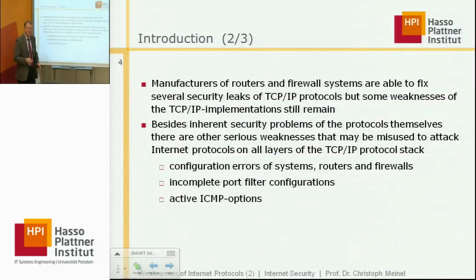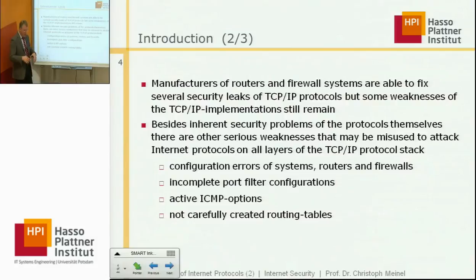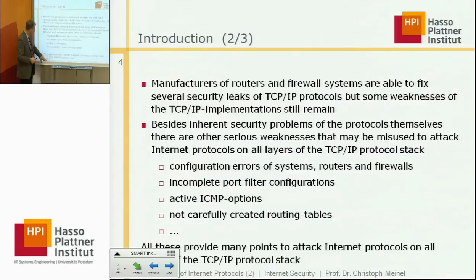Then there are active ICMP options. We discussed in the last lecture that this Internet Control Message Protocol provides some features to interact with the internet and to create some problems, for example, to drop down transmission speed. Then there are routing tables, influencing routing tables, and not carefully designed routing tables. Also, this provides possibilities for attackers. I remind you of the attack where the attacker was able to influence the router itself, so that all the packet transport is done over the attacker's station. There are many other things that influence the secure run of an IT system that's interconnected with the internet